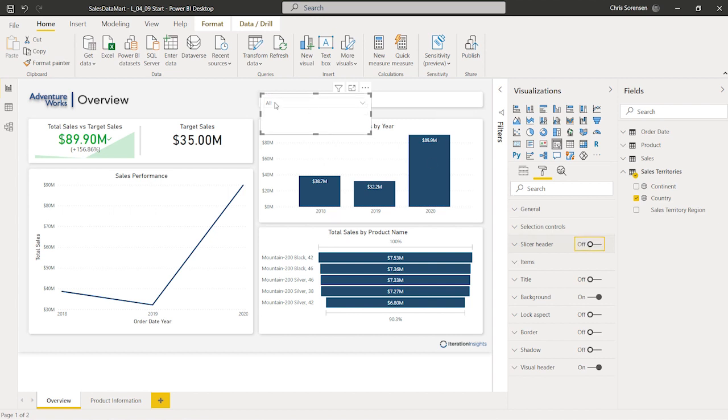So if I turn that off, you'll notice the header goes away there. Okay, so then the next thing I'm going to do here is actually turn the background card off as well. All right, so now it's going to be transparent. And the next thing I'm going to do is go to my title card and turn it